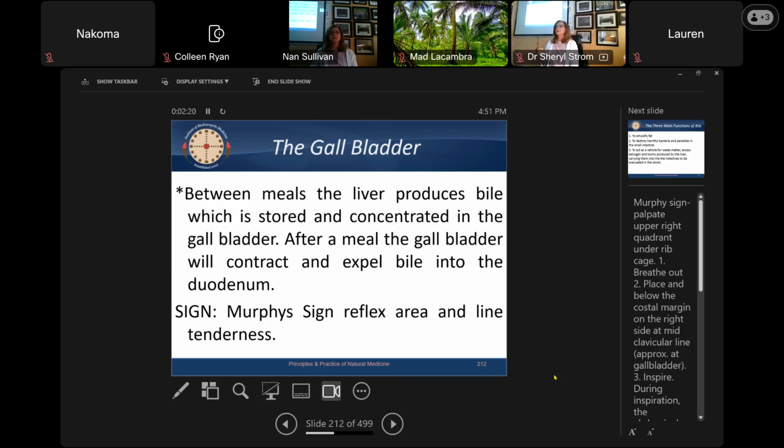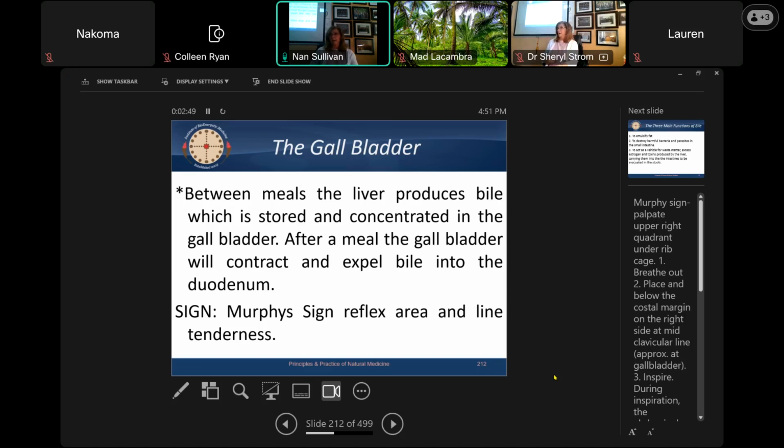So this is the way you do it. You want them to inhale. Don't push down yet. And then have them exhale. And then place your fingers right underneath that area. So here's the xiphoid process, and you go right by the xiphoid process. Don't touch the xiphoid process. Just go below it. And then place your fingers right underneath it.